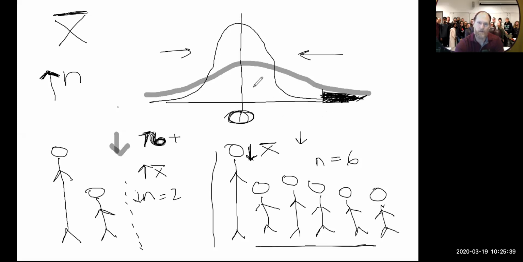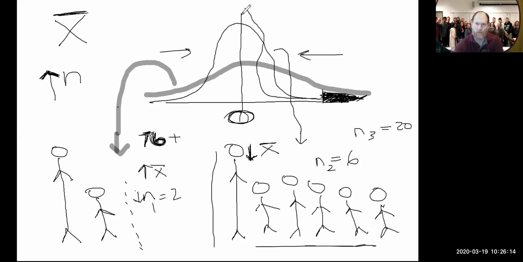Okay. And the more we increase, so if we take another sample, so this would be N2, this is N1, that curve right there is this one here. This curve over here is this one there. Okay, so let's say we take another sample, N of 3, of like 20, and this thing's going to scrunch in even more. Okay, so with each time,